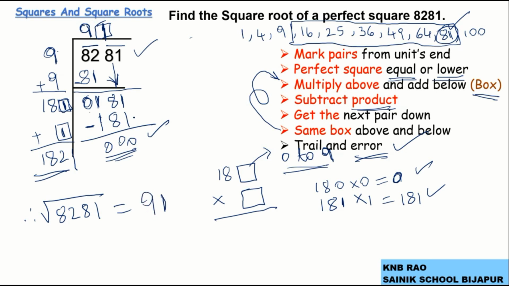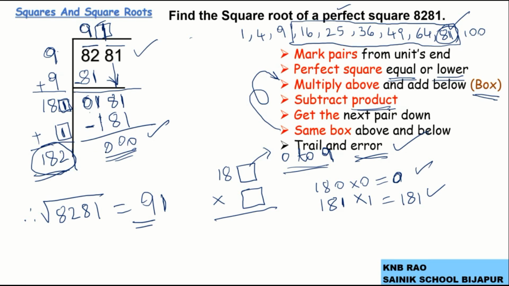Students, always remember there is one small check here, whether we have got the correct answer or not. If I want to check, remember whatever I have got while stopping, when I got a 0, definitely we will get 0 because we are given perfect squares. So when I got a 0, here the divisor 182 must be double of this quotient. That is one cross checking.